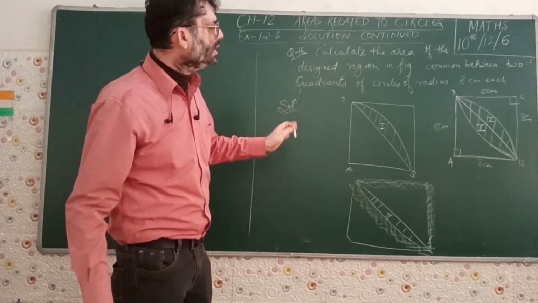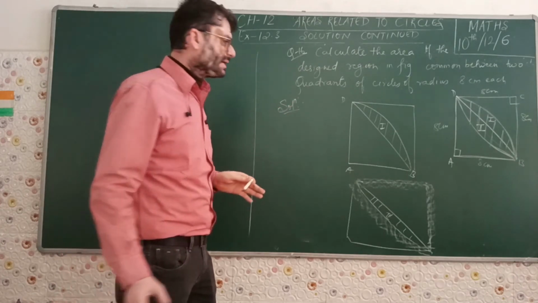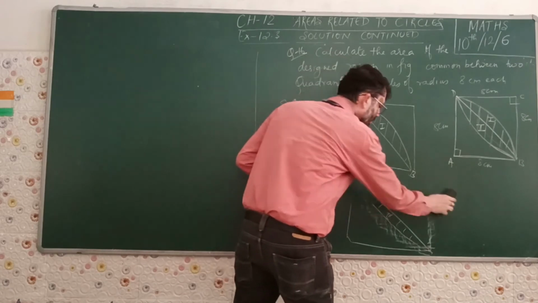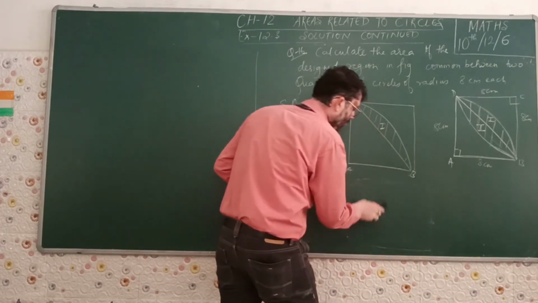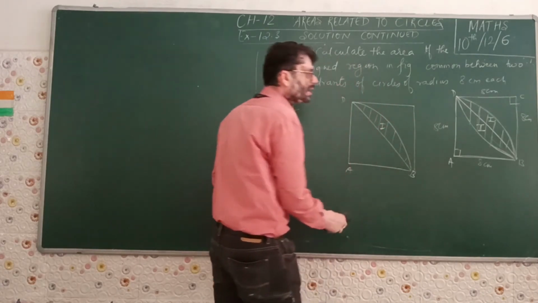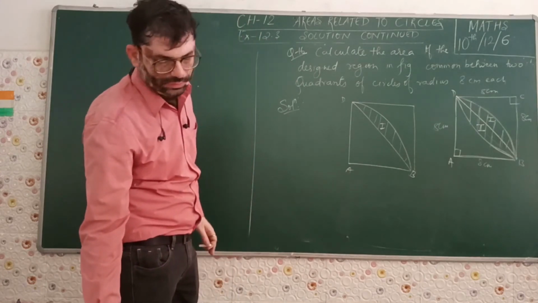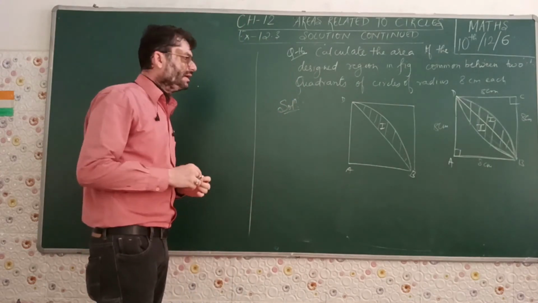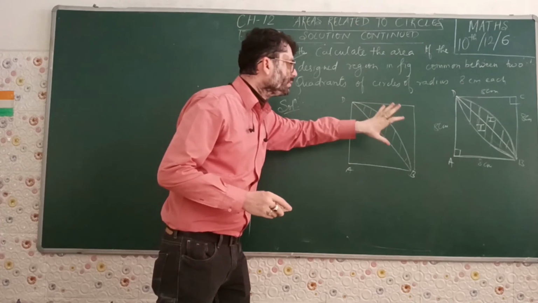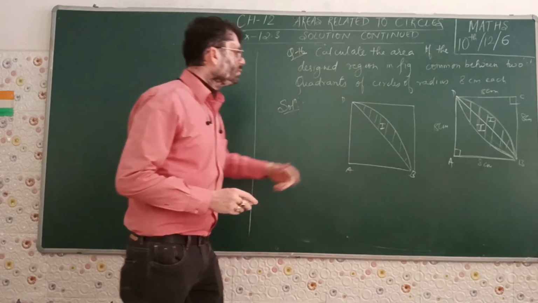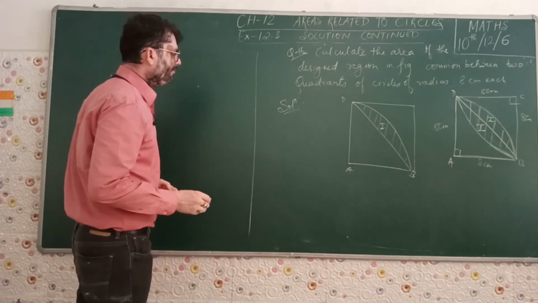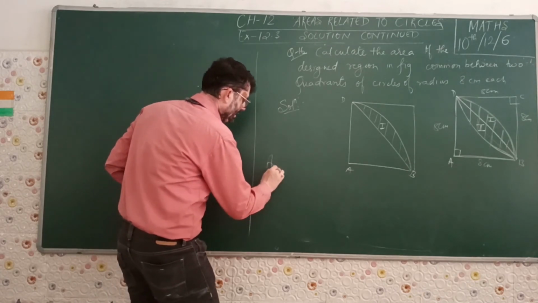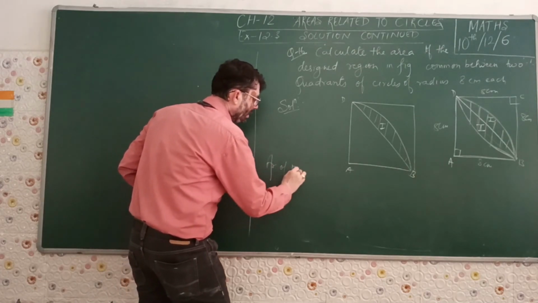So we need to find only one, and then we will be multiplying it by 2 because both are the same. So we will have to work out for only one shaded region, part 1, and multiplying it by 2 will give the area of the whole shaded region. So let us consider this figure out apart from that. In order to find the area of part 1,